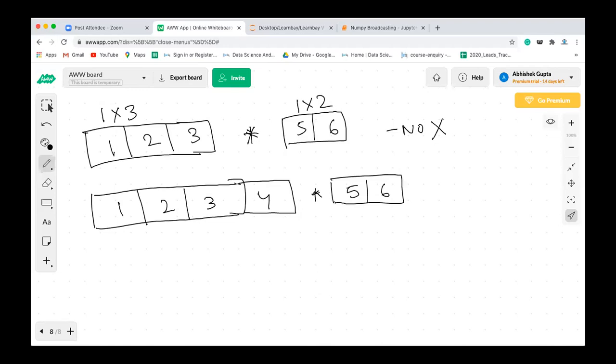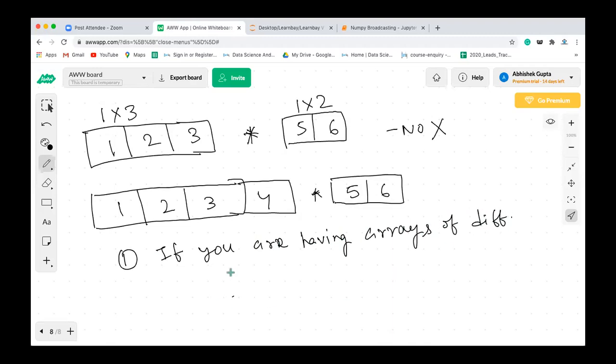So the rule says that, let's say if you have arrays of different dimension, correct?